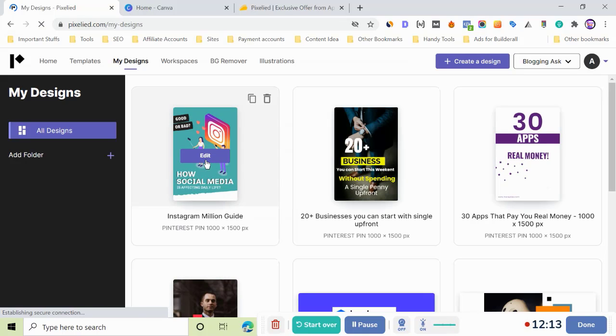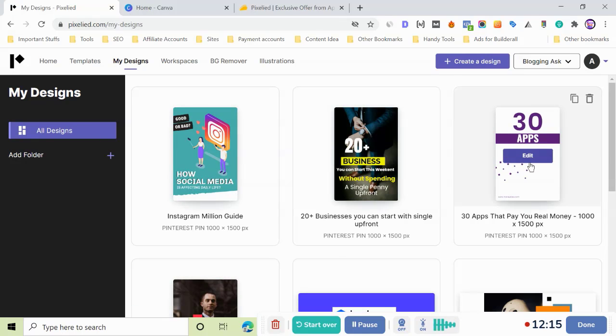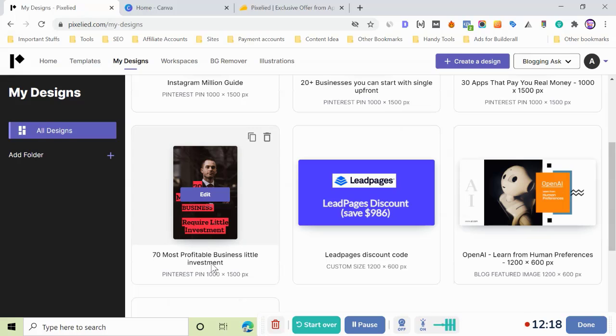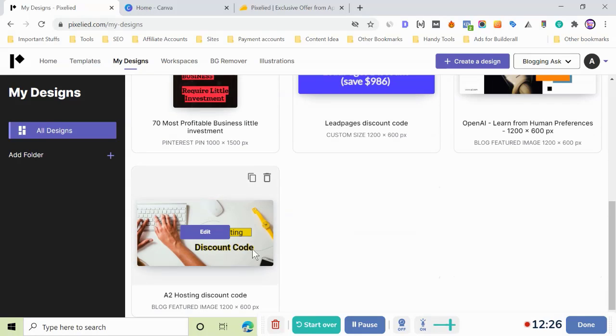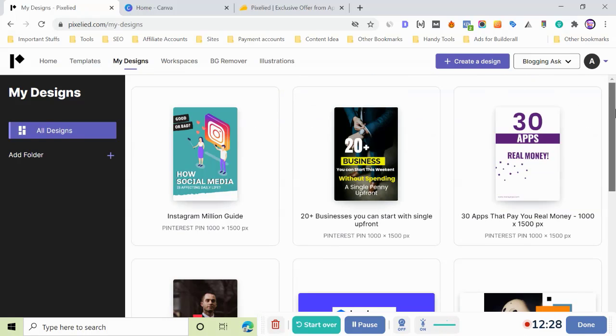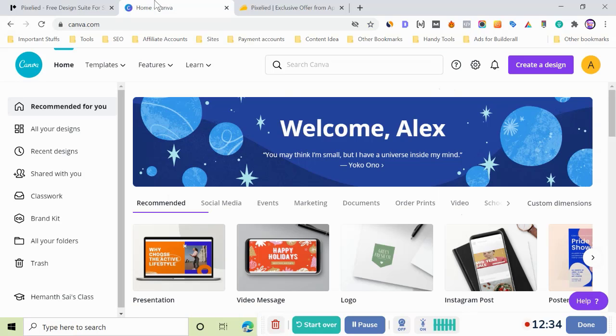Here you can see I've created this guide, then I've created this guide, this one, then this one. I've placed it on my Pinterest. This is for my blog page. Then you can see other things, this is another image. So ultimately this is an amazing tool if you want to switch from Canva, and if you are fed up paying every month, then it's the best time to switch over from Canva to this tool,